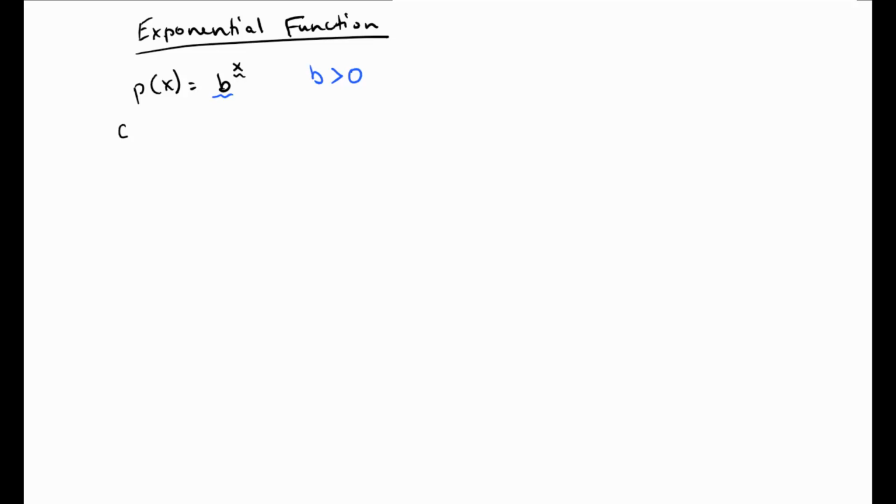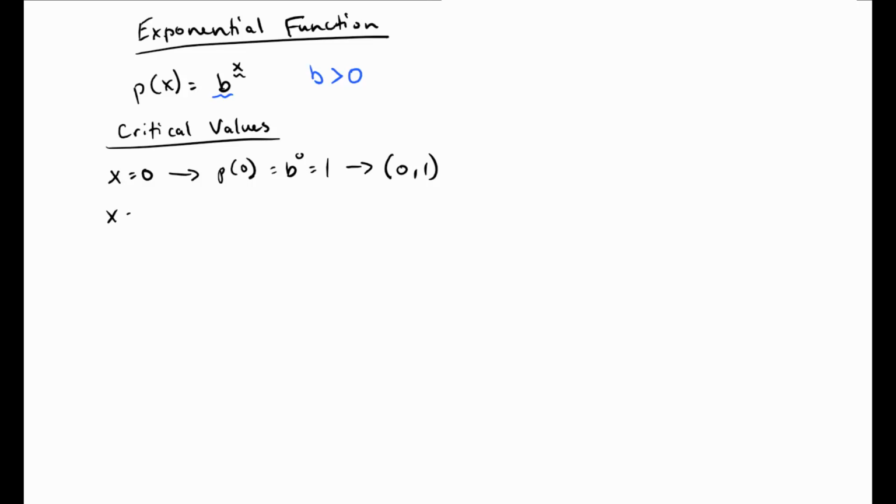So let's go ahead and define some critical values or some footholds to get us started. And these critical values are actually going to be kind of points of change, but also just easy values to plug in. It's easy to plug in x equals 0. And since anything to the 0 power is just 1, that's going to give us the point (0, 1). Now we can go ahead and do the same thing with x equals 1, since 1 is also an easy exponent to plug in there. And so we know we'll also always have a point at (1, b), where b is of course the base, so